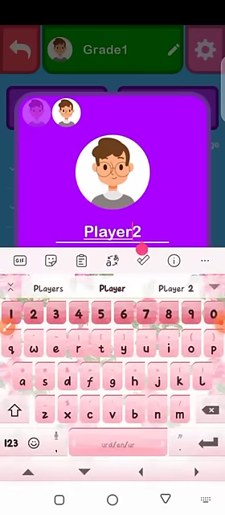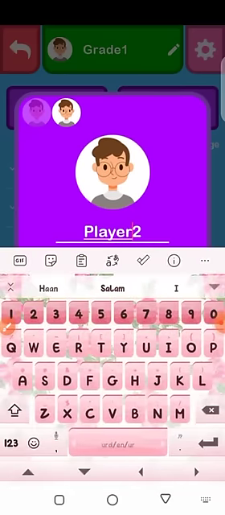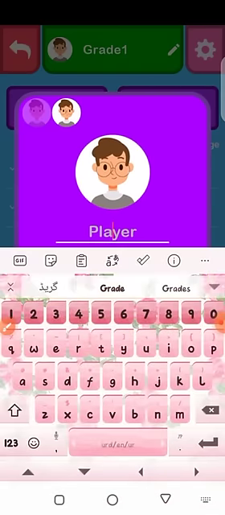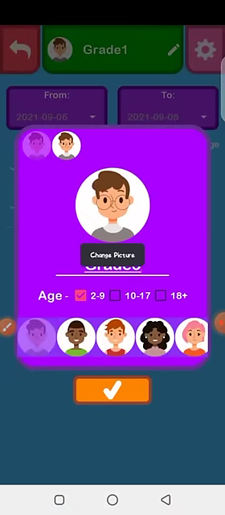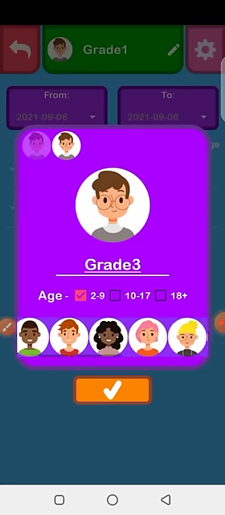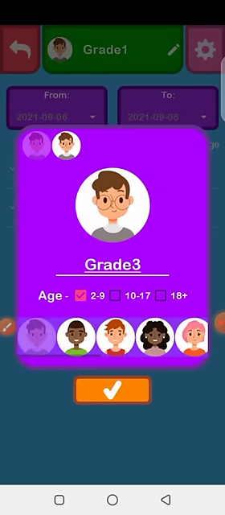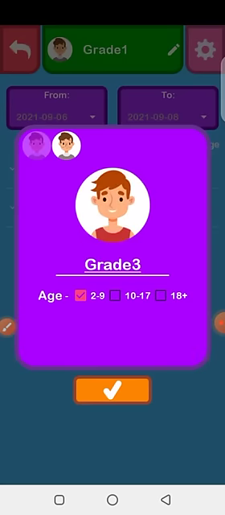Now I'm going to set its name, grade 3, and I'll set the age 2 to 9, but I'll increase their difficulty level. Now you can even select the images for grade 3 as well. I'll select the other image for grade 3.